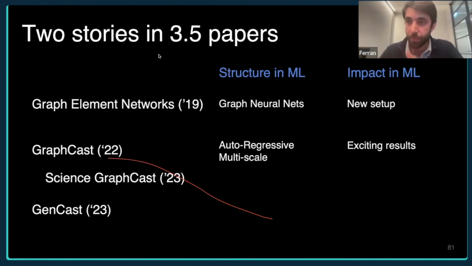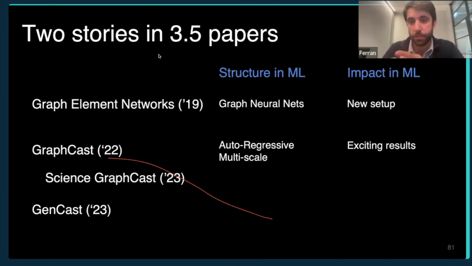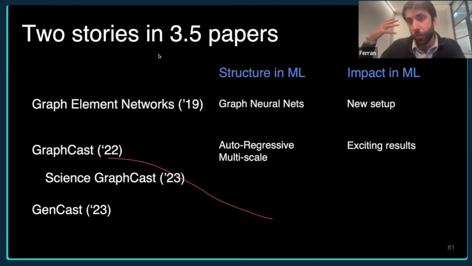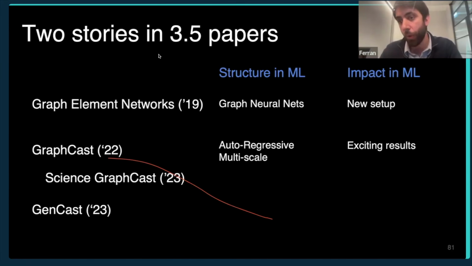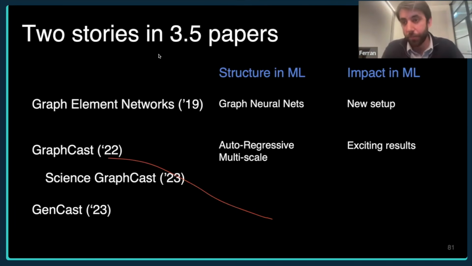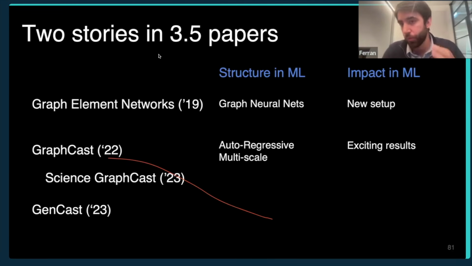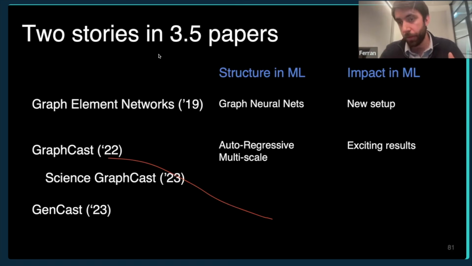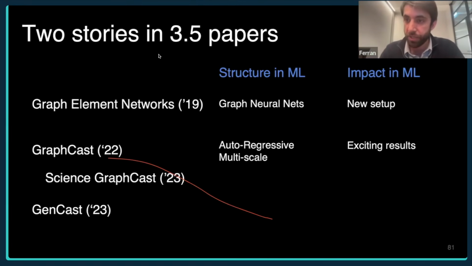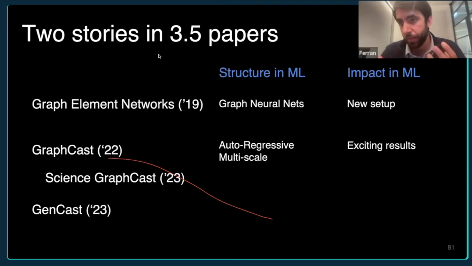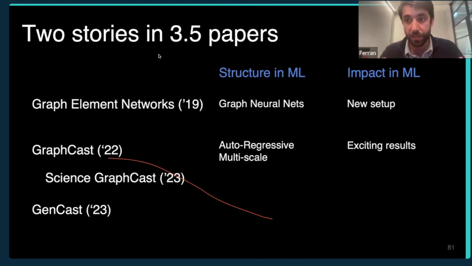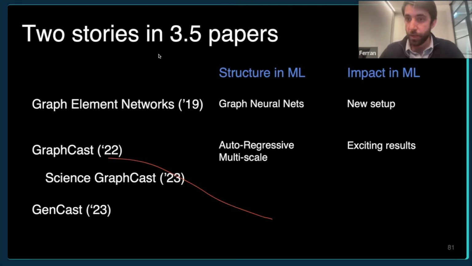And in terms of impact, maybe the algorithmic novelty or the new setup is not here. Previous works had explored this, but really it's important to emphasize how showing exciting results really changed the way that weather research is done. So for instance, we presented this to the European Weather Agency, which used to have essentially almost zero machine learning. And since then, they have started to change their cluster, which used to be CPU based. Now they have to buy GPUs. Now they're hiring machine learning researchers. So really the field is starting to change a lot with this type of exciting results that are convincing the field that this is a promising direction.